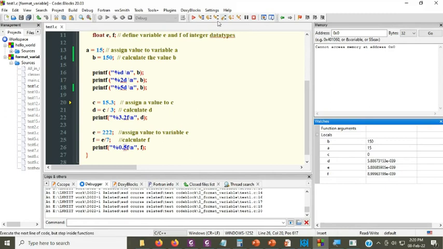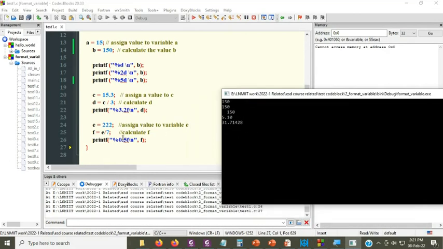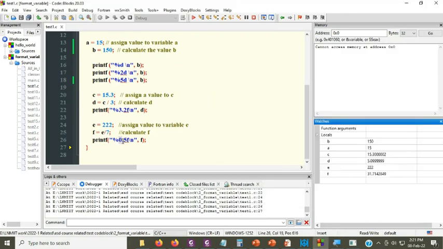In general, for example, let me show you here. Now go down, down, down. You see here, in general, whenever you are printing a floating value, it goes up to 6 digits. It always prints up to 6 digits, but you can limit the decimal places also. Here, for example, 3.2 says print up to 2 decimal places. Here you are saying up to 5 decimal places. And here one more thing is that there is 0 followed by something.